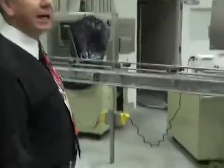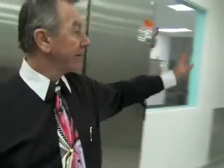Isn't that amazing? Just for a guy that started with a stainless steel dairy tank and a paddle from a canoe, this has come a long ways. All the bottles come in here. As they come in from the outside, this is a hermetically sealed room, and they go through and they're picked up here where they actually turn so they're sideways, and they're sanitized and rinsed, turned up, drained out. Then they go in the next side where they're filled, they're spun out, then they're sealed, then they're capped, and